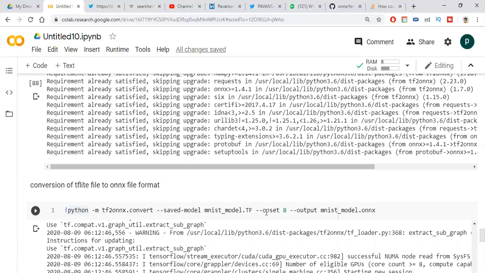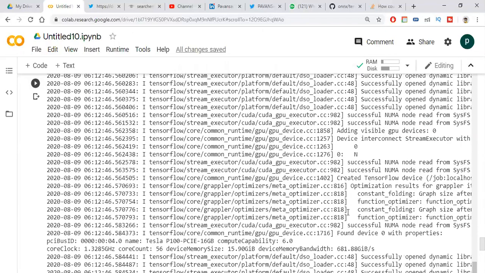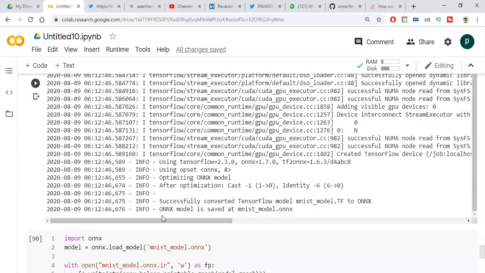There are different operation set versions from 8 to 10. I give 8, and you should give the output name also, that is, what the output file name will be. After running, our model will be converted to ONNX. At the end, you can see our ONNX model is saved. Our model is converted and saved.